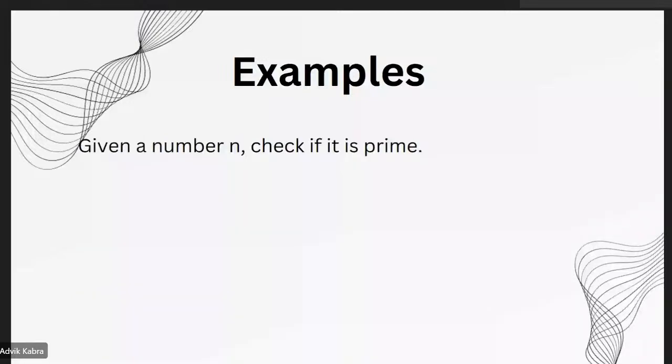Okay, and how would you check? Hold on, look at the chat for a bit. How would you check if a number